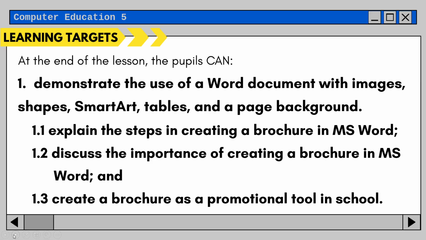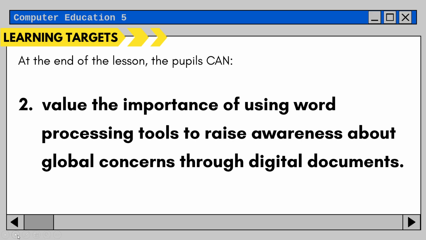You are also going to discuss the importance of creating a brochure in MS Word. And finally, you're going to create a brochure as a promotional tool in school. Now, we will see if you can achieve that within the lesson. Also, for our values, you are going to value the importance of using word processing tools to raise awareness about global concerns through digital documents.